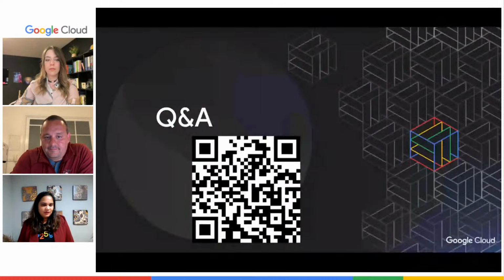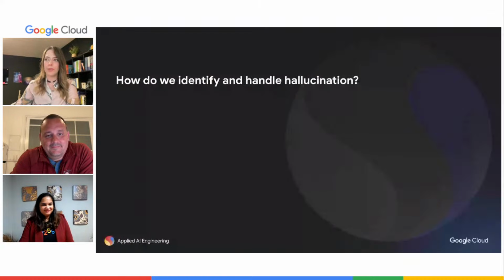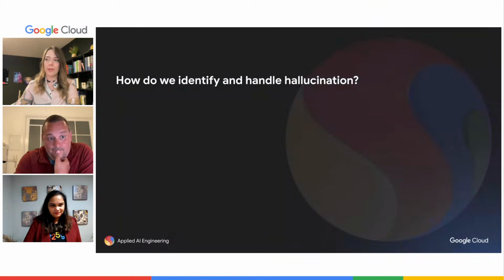The last question, when we wrap it up, Melton, how do we identify and handle hallucination? That's a really tricky question. The thing is, it really comes down to, especially in agent and multi-agent, for you to identify where does it happen. And the reason why it's hard is because if we could catch all hallucinations, we wouldn't need the agents, because that would mean that we know the ground truth to what we're seeking, which in reality we don't. So the easy answer would be we cannot catch at 100% rate the hallucinations.